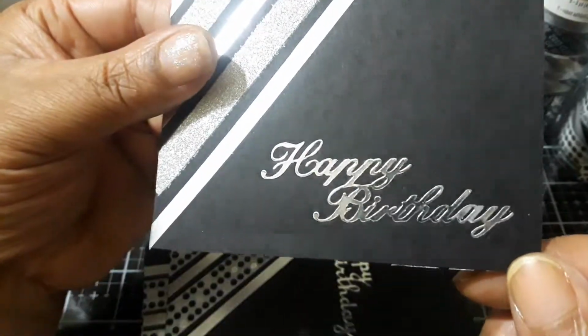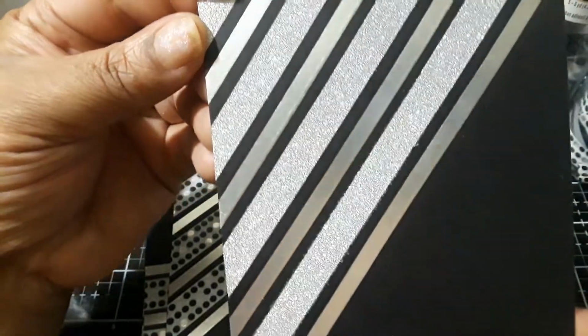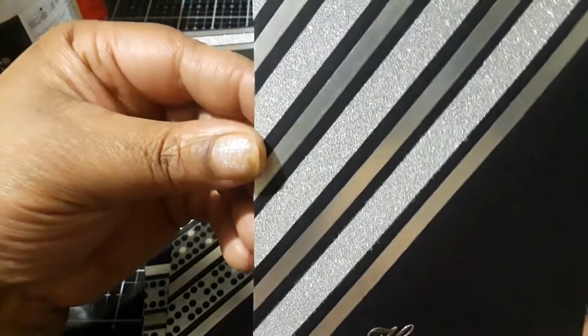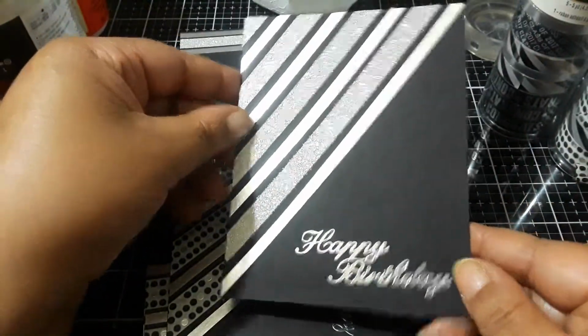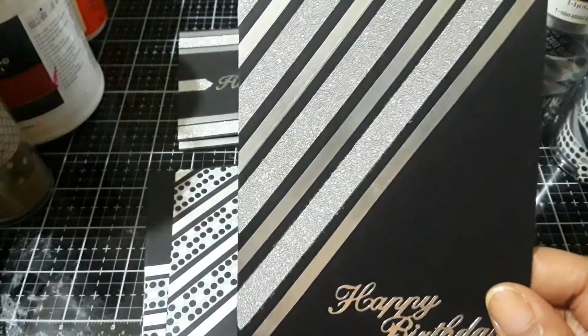An angle. And there's a happy birthday silver sticker from that pack. And it goes perfectly with that washi tape. And it's masculine. And there's glitter, but this glitter in this case